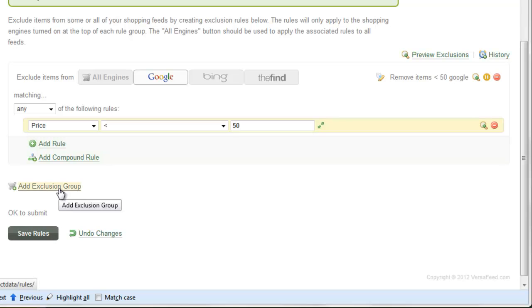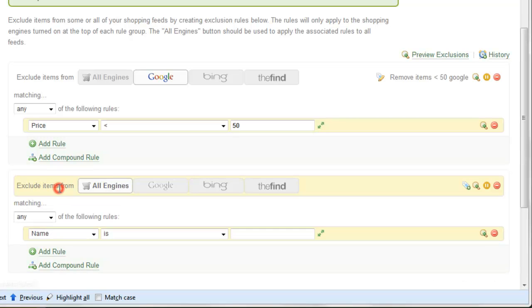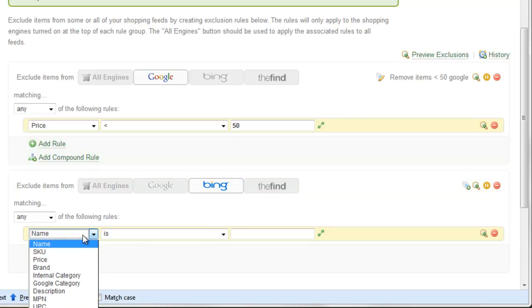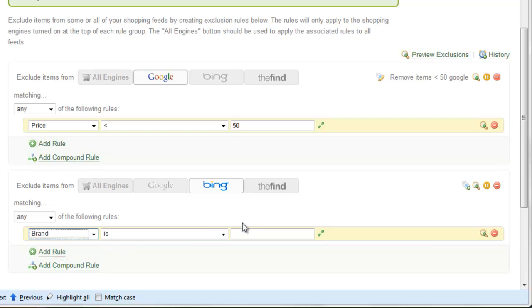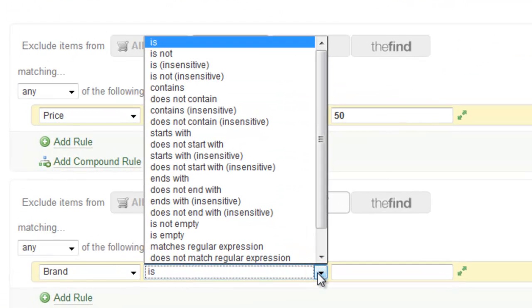So again, we'll click this button here, Add Exclusion Group, and this time we're going to select Bing. We're going to select, instead of name or price, brand. And again, the comparator items here are a bit different. Because it was a price before, there was less than, greater than, equal to. When it's an actual string like brand, as in a bunch of characters, there's a lot of options here. You can say is, contains, does not contain, starts with,